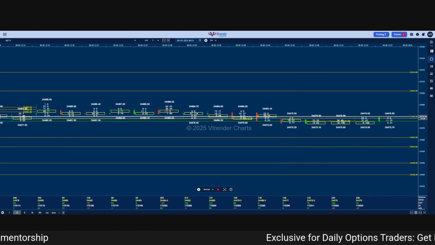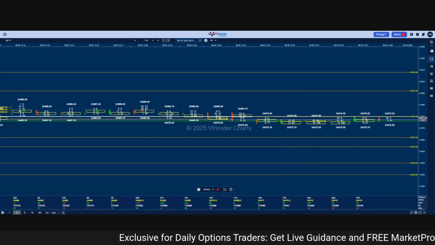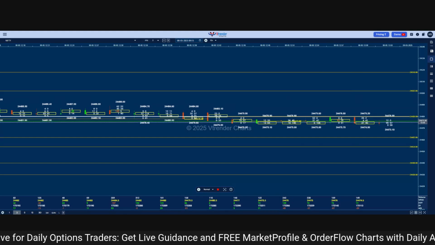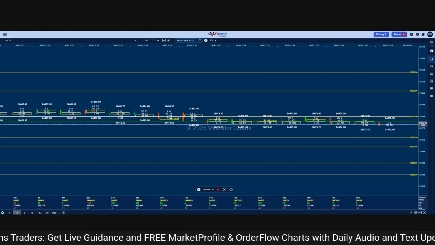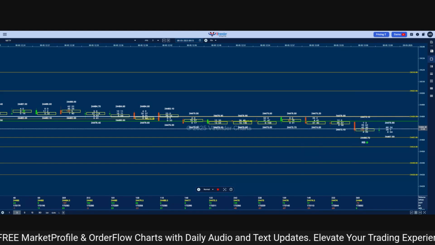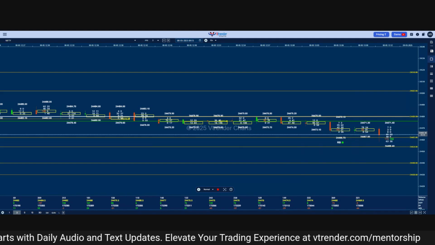And we know that 24500 is now with the sellers. So we want to see what happens when we test the value area low. So we are keen on the auction testing that, and order flow showing us the signal. So as we go to H, what we have done is, after that pullback high, we have left at that